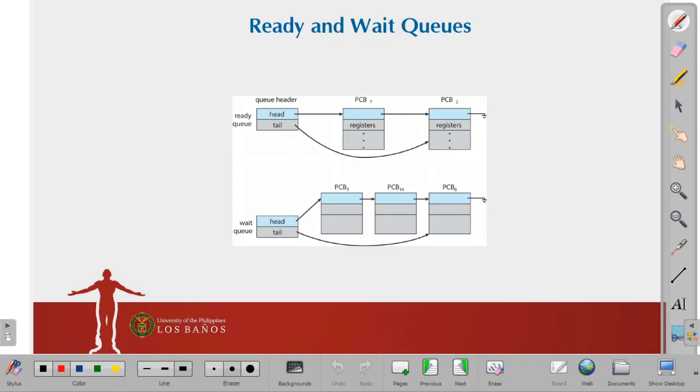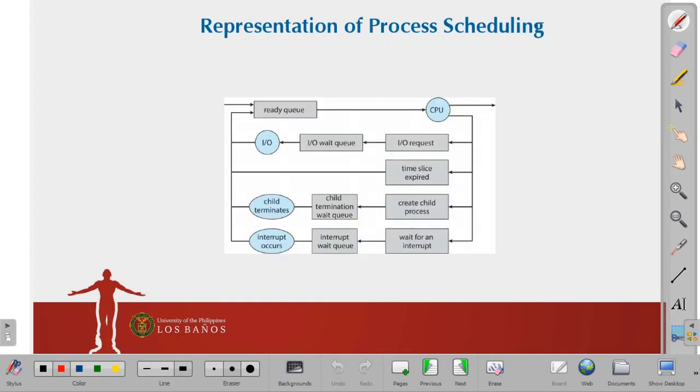So here's an example, almost the same as the one I have here. We have different PCBs, and this is the wait queue, this is the ready queue. This one has a pointer to the head and a pointer to the tail, if you recall in ComSci 123. And we can also have this view of the